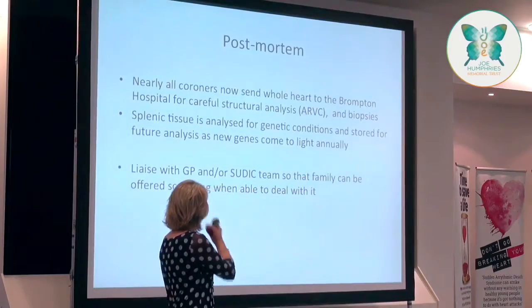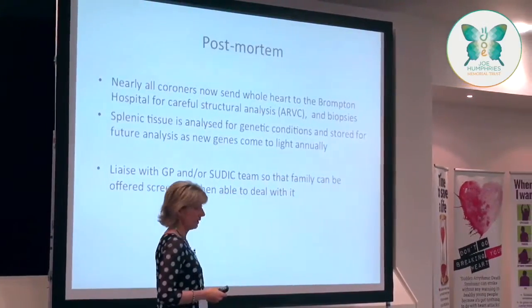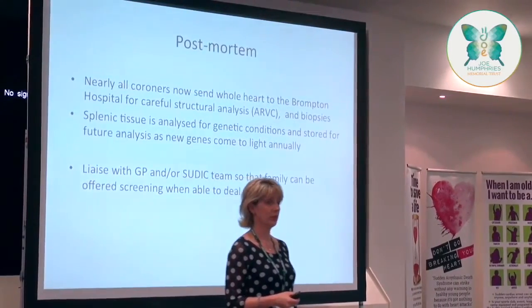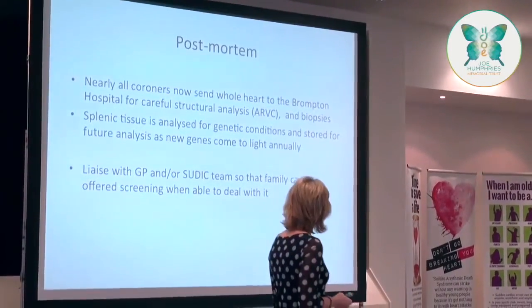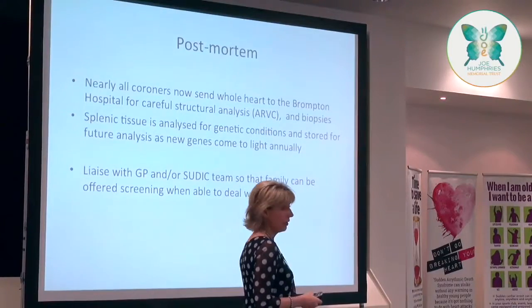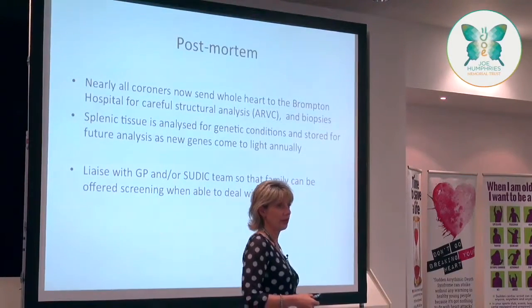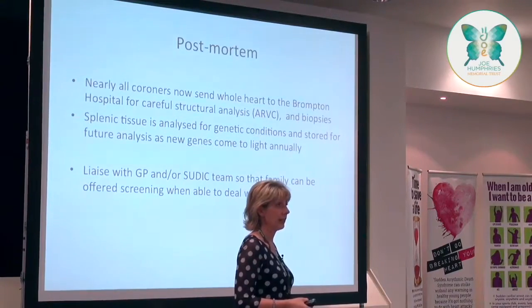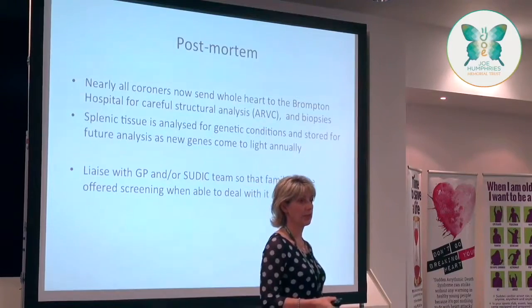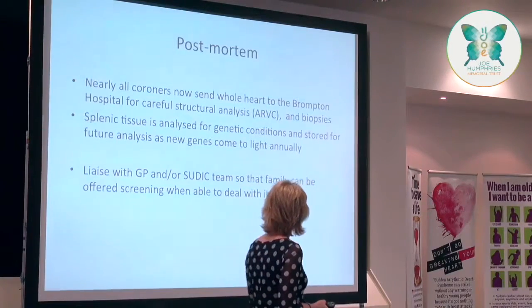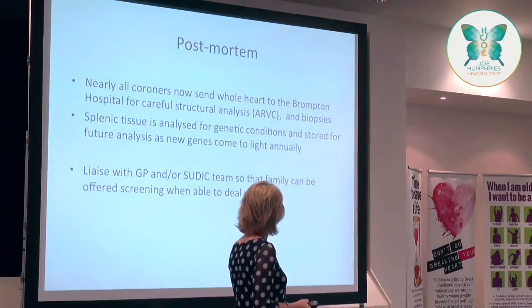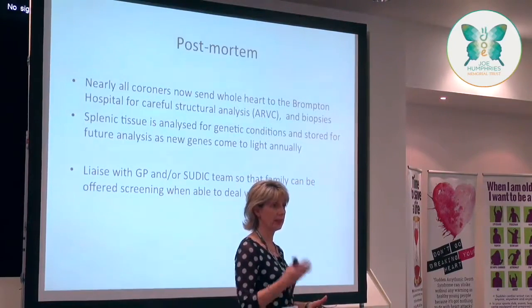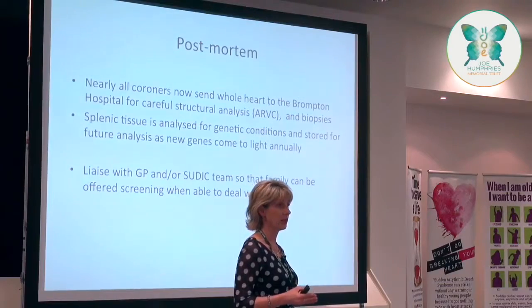Just wanted to talk a little bit about what happens if somebody dies in terms of trying to get to the diagnosis. There'll be a bit more on this later in the workshop from the genetics team. But now most coroners have realised that if there's no obvious cause of death in a young person, then the heart does need to be examined properly by a specialist team. And so the Brompton Hospital will do a very structured post-mortem, which is both looking at the heart itself to see if there's any obvious abnormality, and then taking microscopic slices out of it to look at it under